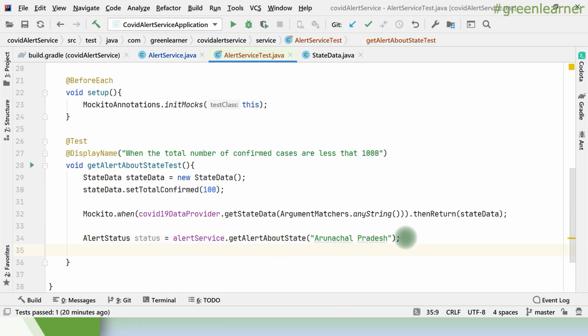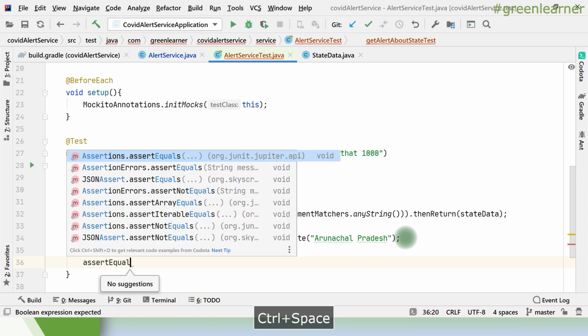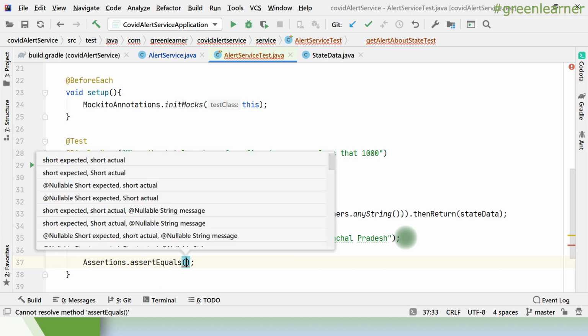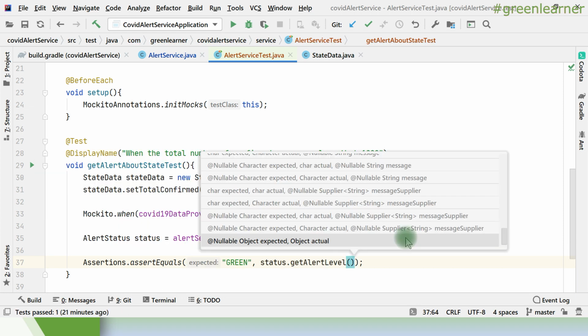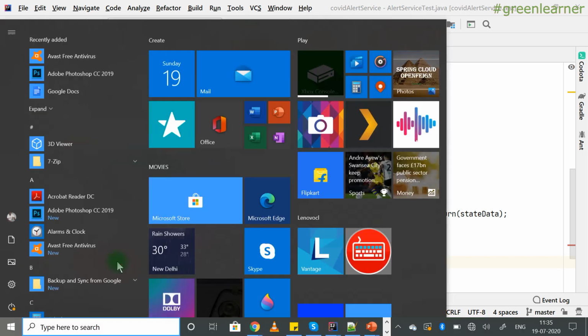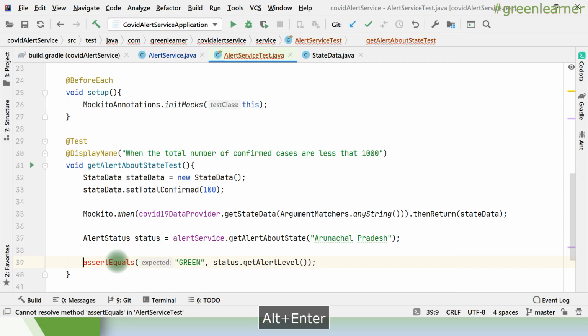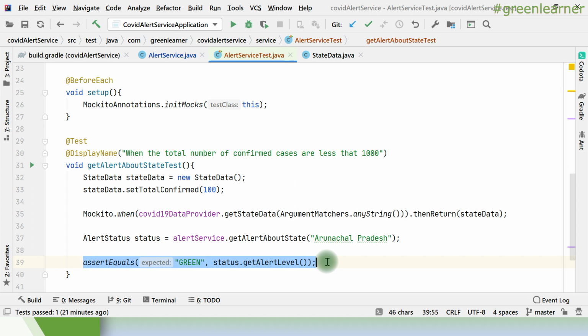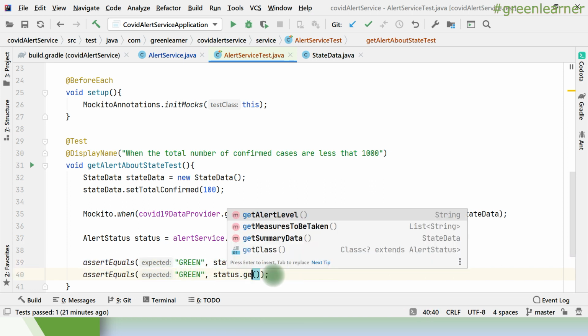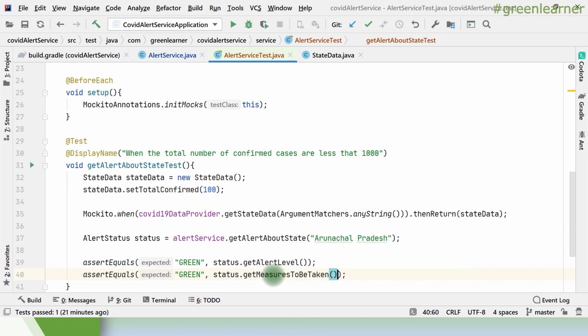So here assert equals expected, get alert label. It is comparing that one, right? I can move this one and put it as static. This is comparing the alert label. In the same way I can compare the other thing, get measures to be taken, assert equals.